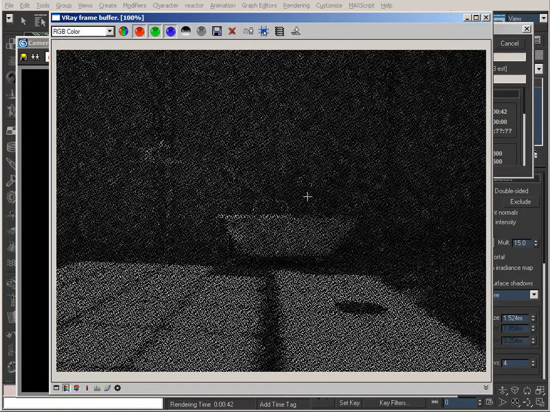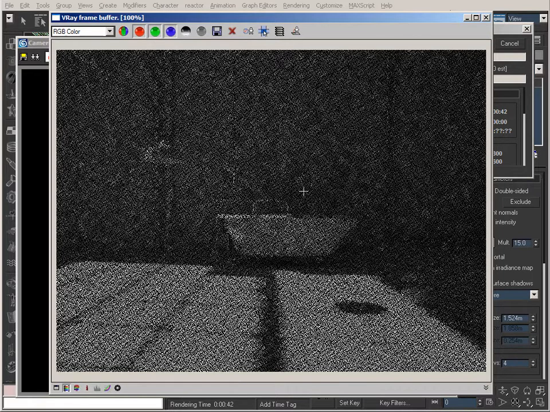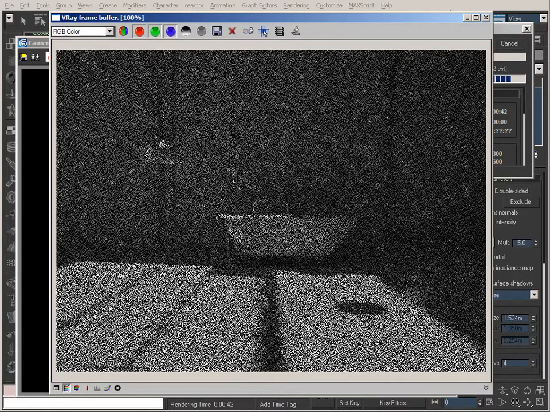Now, a thing to note: when I did the light cache, you remember I did store direct light with the light cache. What that means is basically it's a similar thing. It'll actually